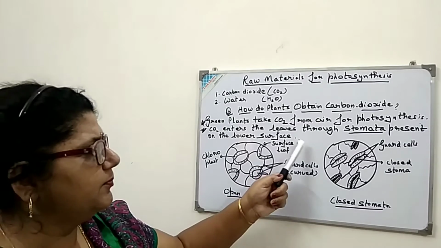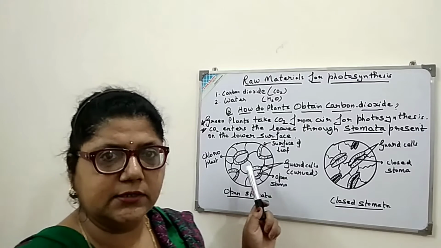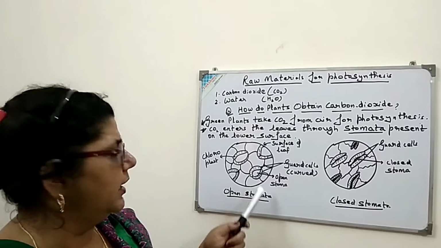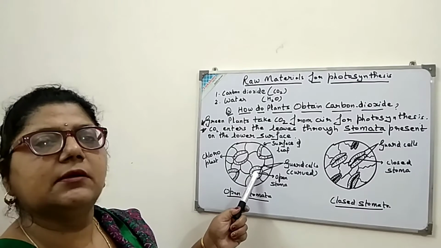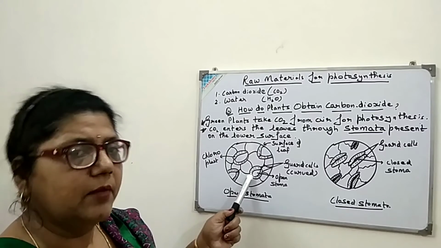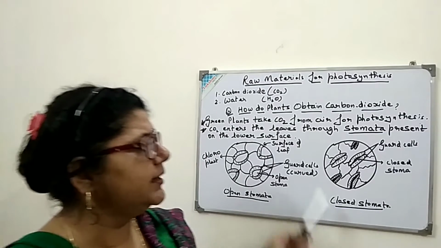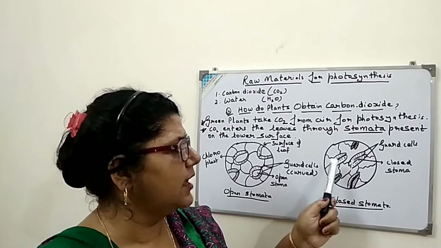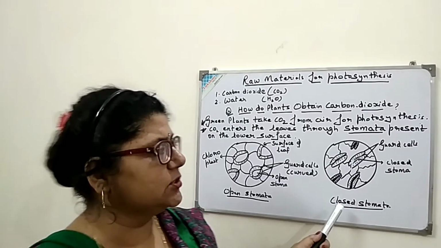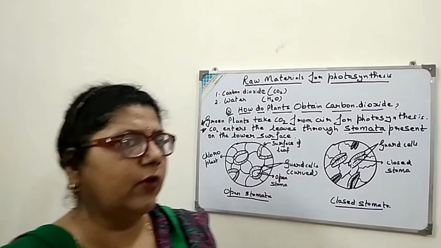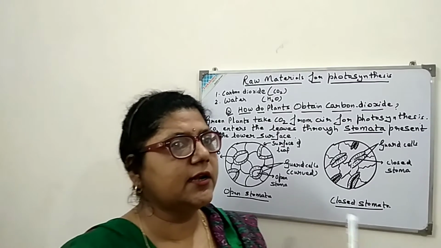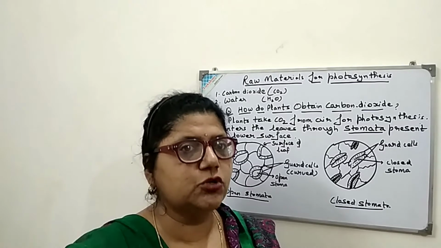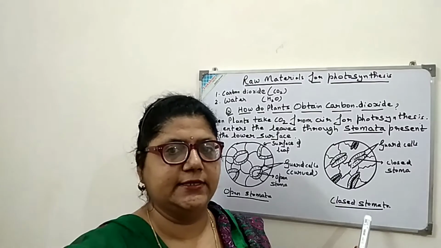When the plant wants the carbon dioxide to enter its body, these guard cells are open and the stomata is also open, and from this stoma the carbon dioxide is entering the plant. But when the plant doesn't require the carbon dioxide, at that time this stoma is closed and these guard cells are also closed. And this is a structure of closed stomata. Now one thing I more want to tell you students, not only the leaves are responsible for photosynthesis, even green stems, which are called shoots, can also do the photosynthesis.